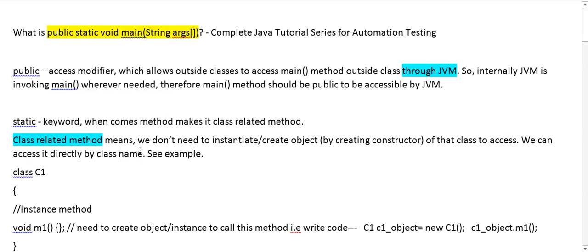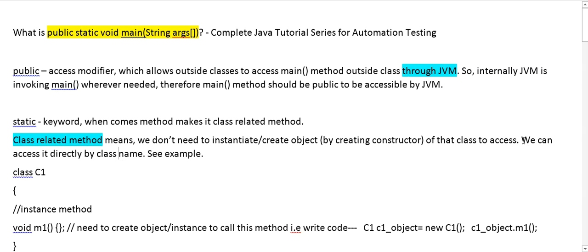We mean that we do not need to instantiate or create the object of that class. Whenever we declare a method as static, we do not need to create an object instance of that class. We can access it directly by the class name.